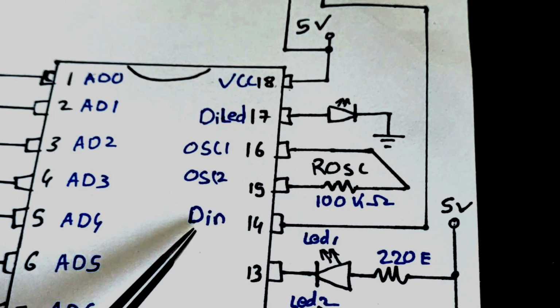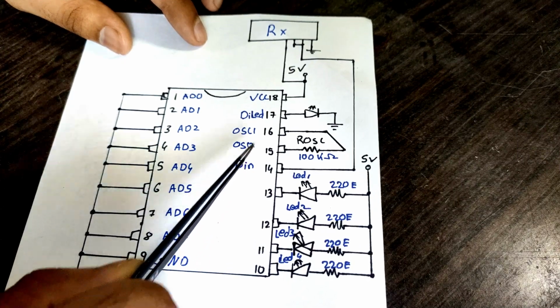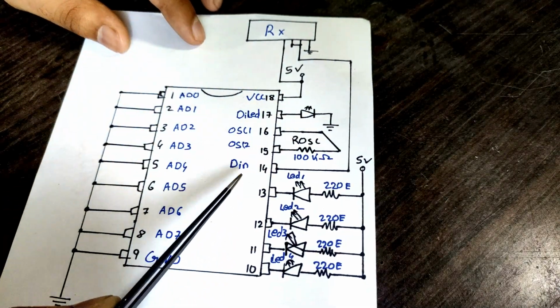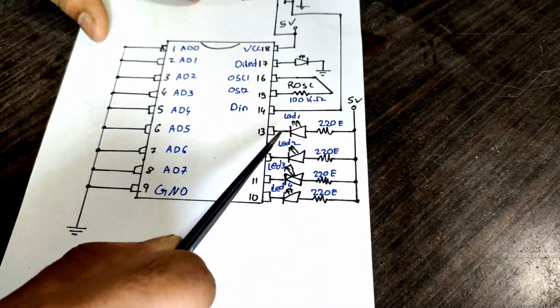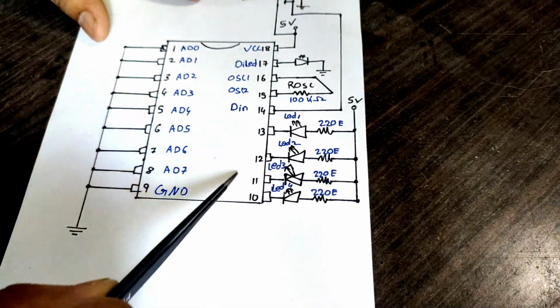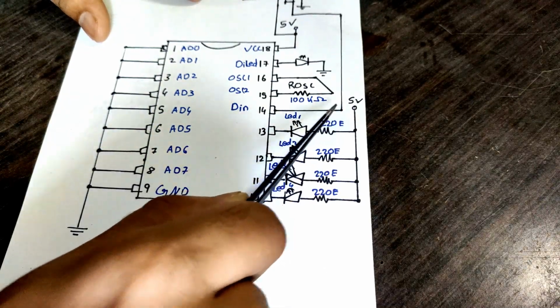As to why we selected the value so different from the transmitter, we will see that further in the video. The 14th pin is the D-in pin which will receive the data from the RX module. Pins 13 to 10 are the data lines and can be controlled via the switches on the transmitter. So for testing, we will attach LEDs with current limiting resistors.